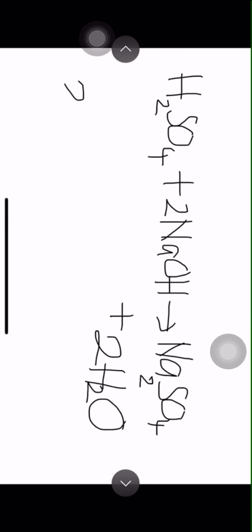Okay, so the next one is the strength of the acid. So the heat given out when a strong acid reacts with a strong alkali is higher than the heat given out when a weak acid reacts with a strong alkali. So you need to know what is a strong acid, what is a weak acid. So strong acids are HCl, HNO3, those are all strong acids. And then the weak acid is your vinegar, CH3COOH.